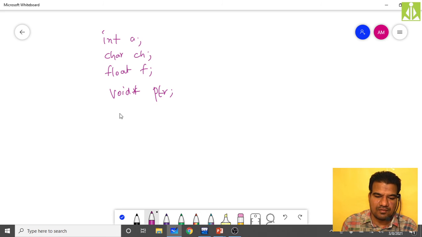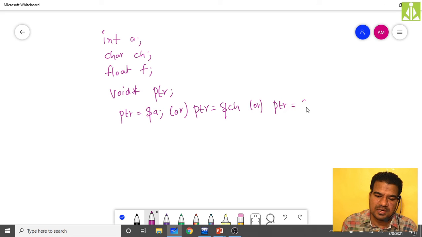So at one point you can make ptr equals ampersand a, or you can even make ptr equals ampersand ch, or you can even make ptr equals ampersand f. It is capable. This ptr is a generic type of pointer.